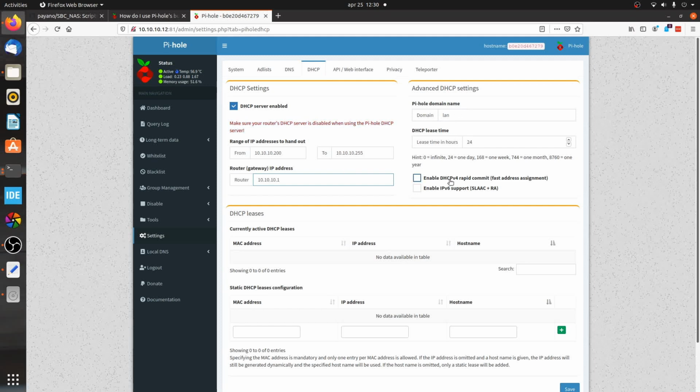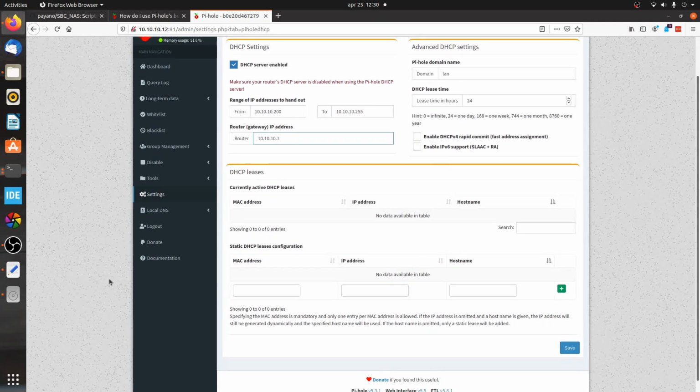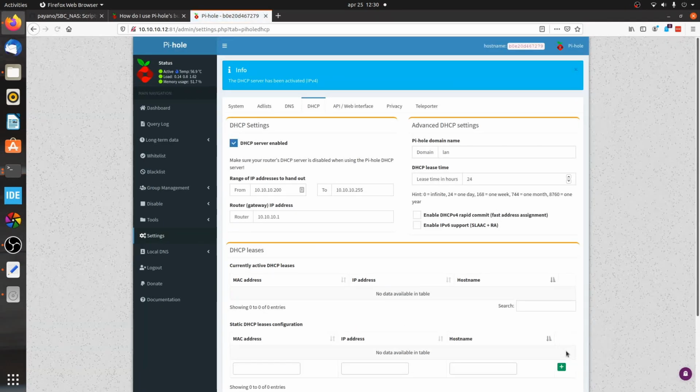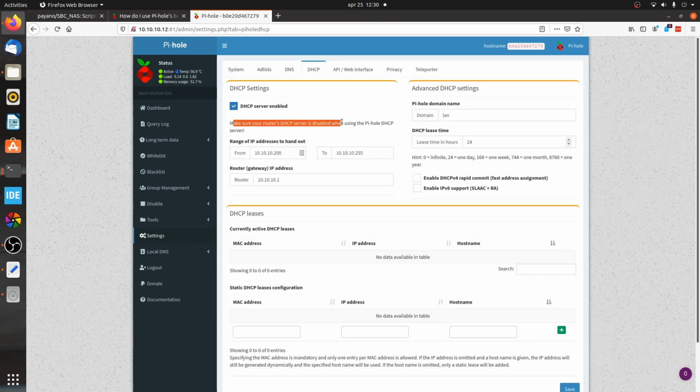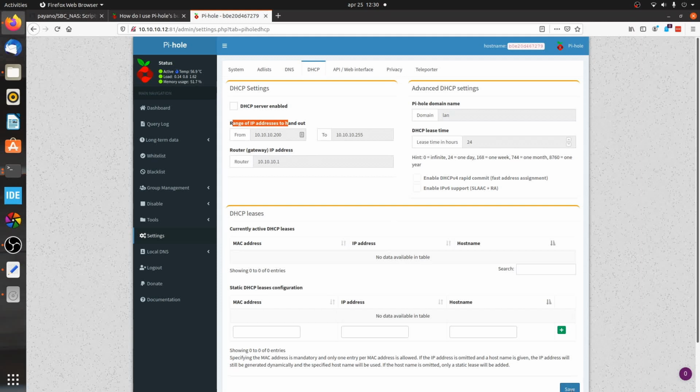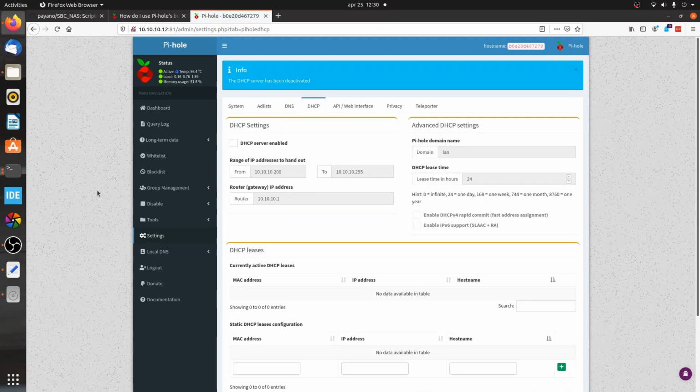And hit enter or save. And it also states here, make sure your router's DHCP server is disabled when using the Pi-hole DHCP server. I will just uncomment this and press save because I want to use the DHCP server I have on my